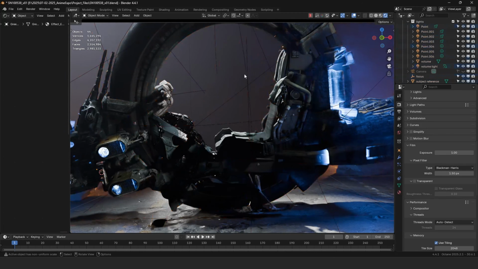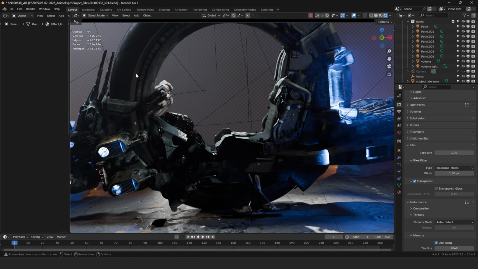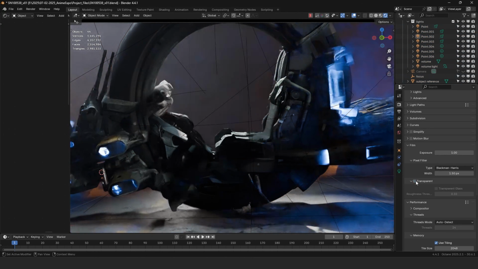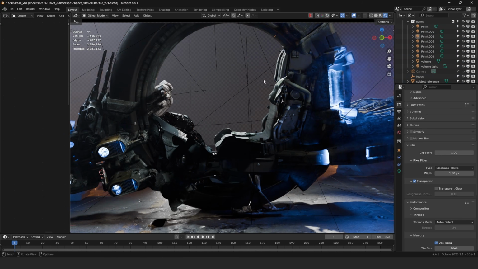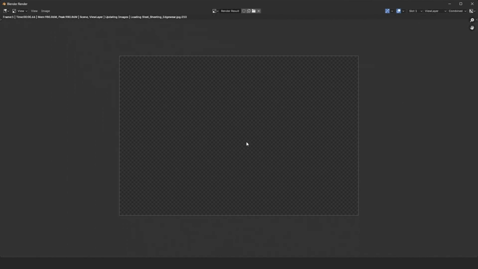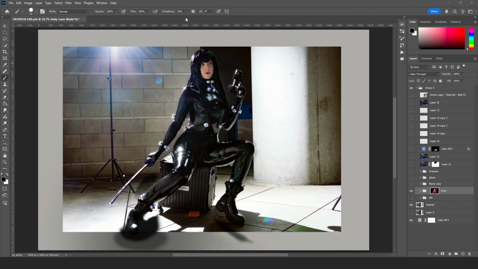Honestly, that's kind of what I have originally in the final image anyway, a black background. But I want it transparent because I want to be able to put things behind this, the bike right here. So I made sure the transparent was selected, and then I just rendered out this image. Once the image was done rendering, I saved it to my computer, and then I brought it into Photoshop. Okay, so back in Photoshop,